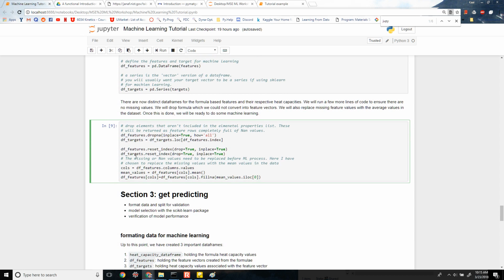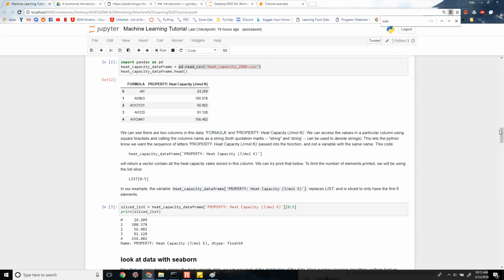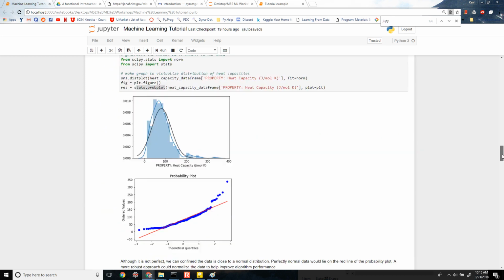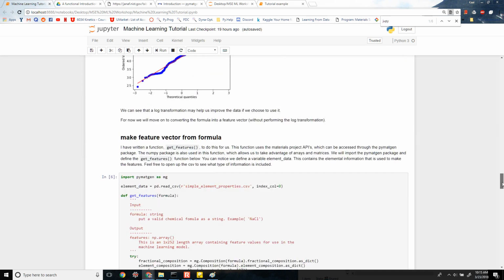And then over here, we're going to reset the index, which is just a little bit like, I'm not sure if it's necessary, but I like to make it look pretty. Now the index, really quickly, are these values here, 0, 1, 2, 3, 4. If I were to drop this value, it would not appear on this list anymore, but my index would go 0, 1, 3, 4, and this 2 would be missing because I dropped 2. So after I drop everything, I'm going